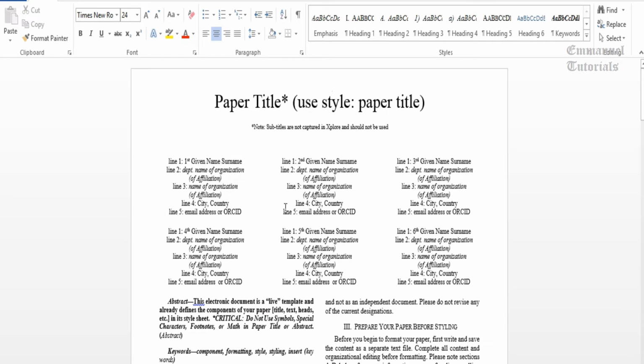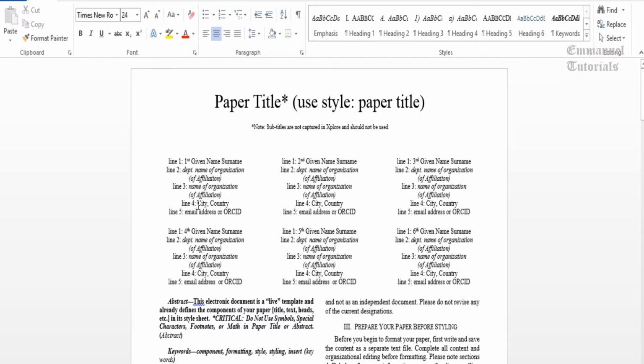So even if all the authors are from the same place or the same organization, you'll have to write their names separately, then the department of the organization where they are working, plus then the third line will give you the name of the organization. If it's a school, a college or a university or a research institute, that will be mentioned here.